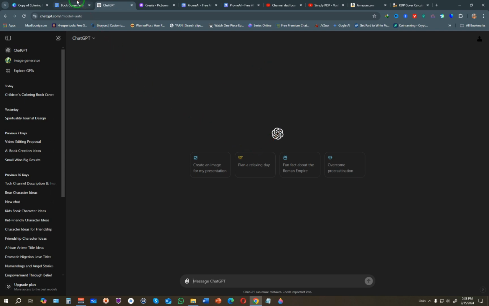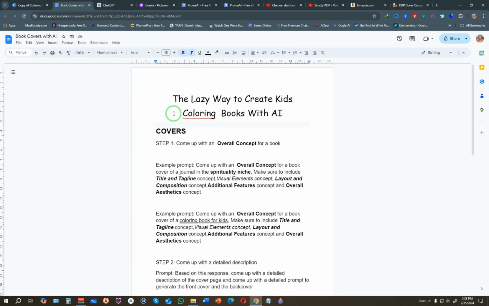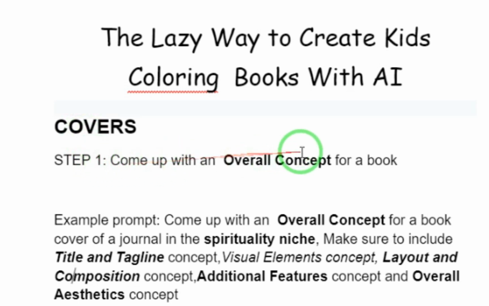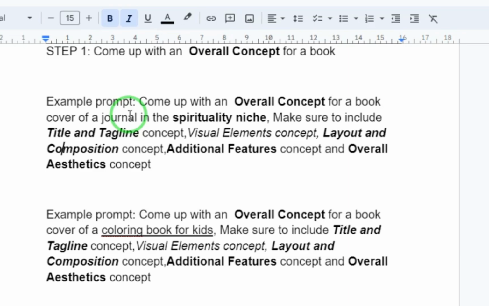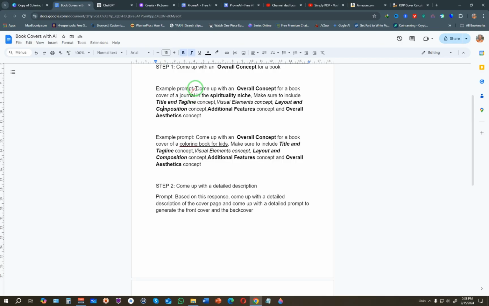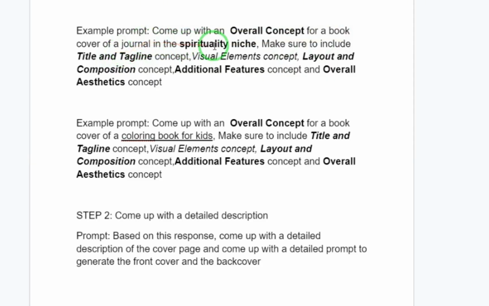I've created a template guide that you can use to follow along with this video. The first thing we're going to do is create the covers for our coloring books, and step one is to come up with the overall concept. Here I've given you example prompts that you can use to come up with the concept. It says: come up with an overall concept for a book cover of a journal in the spirituality